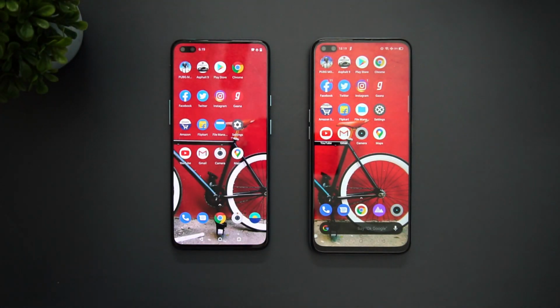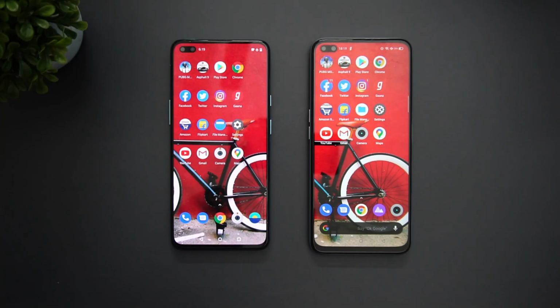So you could see that almost all of the apps were faster on the Realme X3. Only one or two apps were faster on the OnePlus Nord. This is more or less evident because of the 855 plus octa-core processor and also UFS 3.0 support for the storage, which helps in better app loading. In fact OnePlus Nord wasn't bad because it was only slightly slower than the Realme X3, but it did a pretty good job overall.